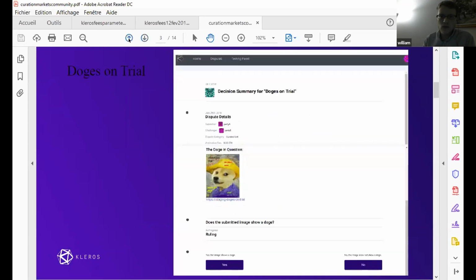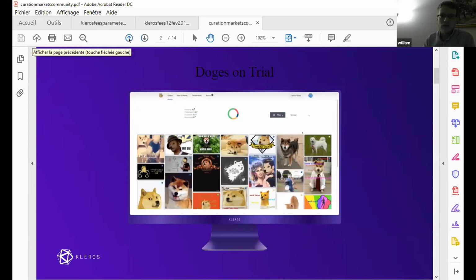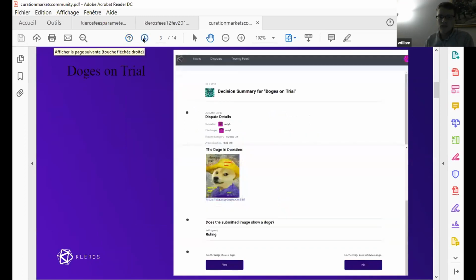I'm going to tell you about a variety of things we observed in this experiment, and then show you where we're going in the future with token curated lists. There were a few different roles here. People could submit an image. They could pay a deposit to challenge that image. The submitter also pays a deposit. If you successfully challenge an image, you get part of the submitter's deposit. And ultimately, the decision of whether something belongs on the list was made by Kleros